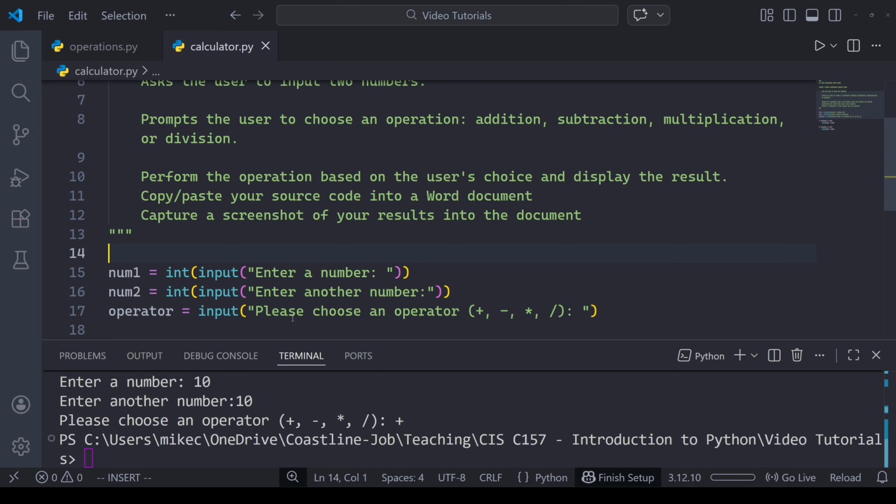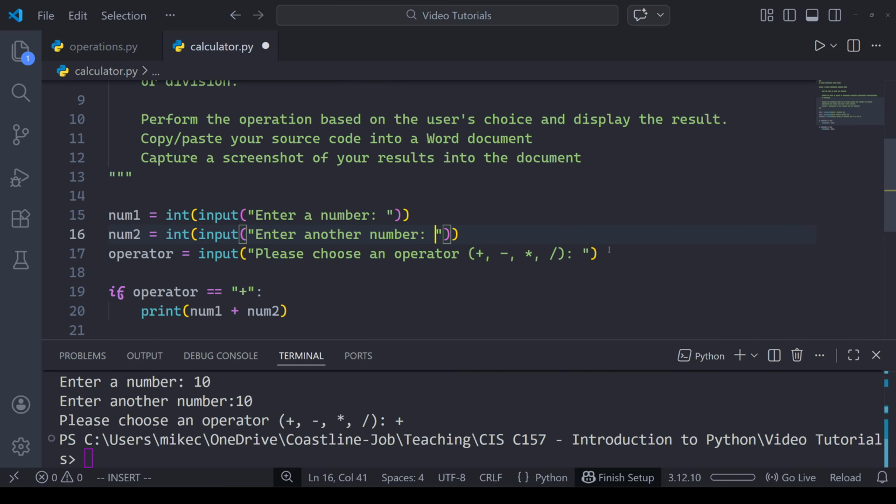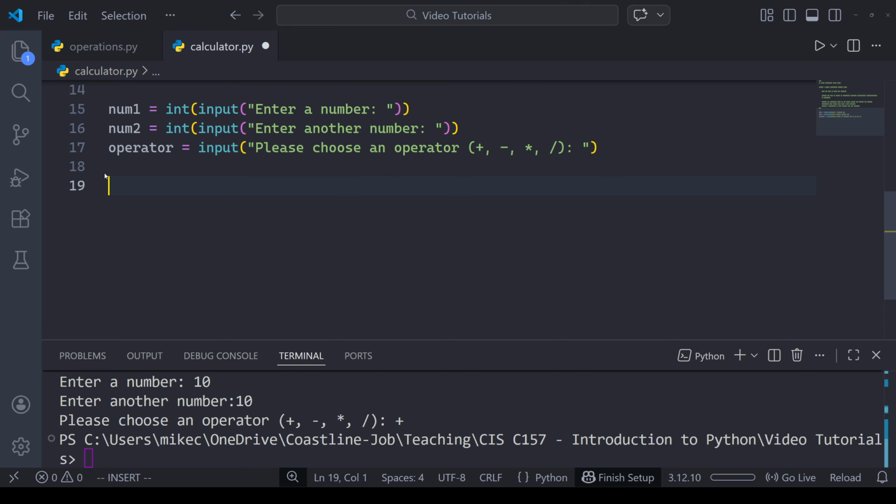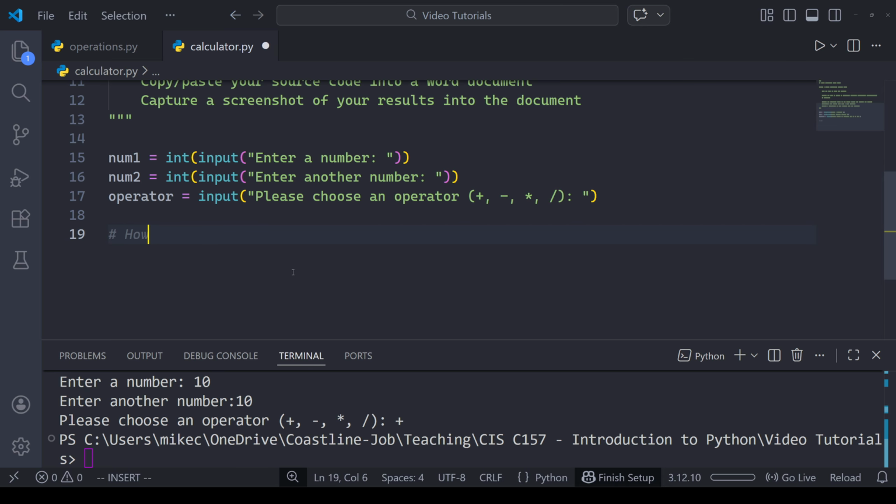And then once you've seen it, it's really hard to kind of unsee it, and that takes away a lot of the learning. So what I would do is kind of what I demonstrated right here. I would start writing the program with things that you already know how to do. Things like getting user input in the form of two numbers, and then getting the operator, having the user choose something. And then when you get kind of maybe stuck, if you don't know about if statements and you're wondering, how do I perform an operation based on what the user selected as their operator, right? Like this is your comment, this is the question that you're thinking about right here.